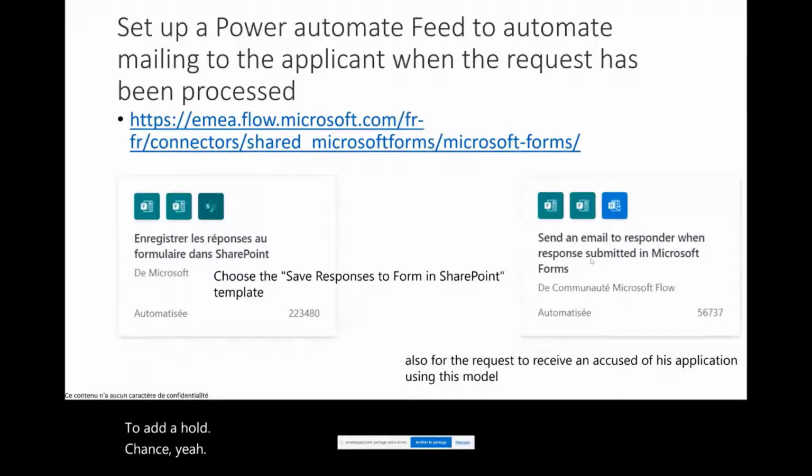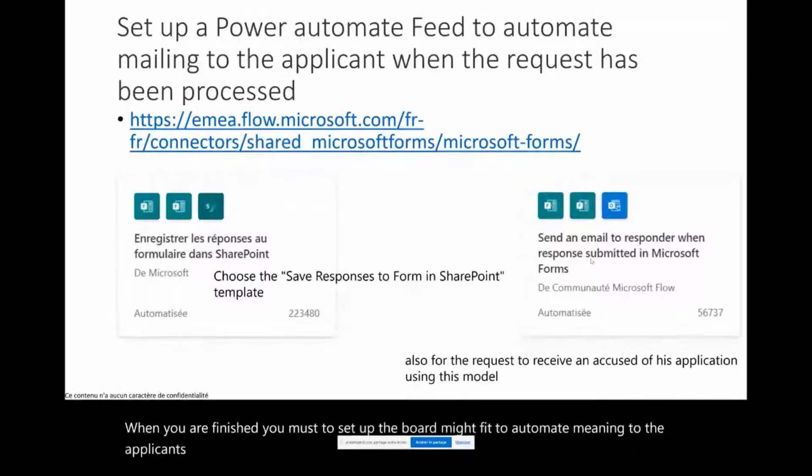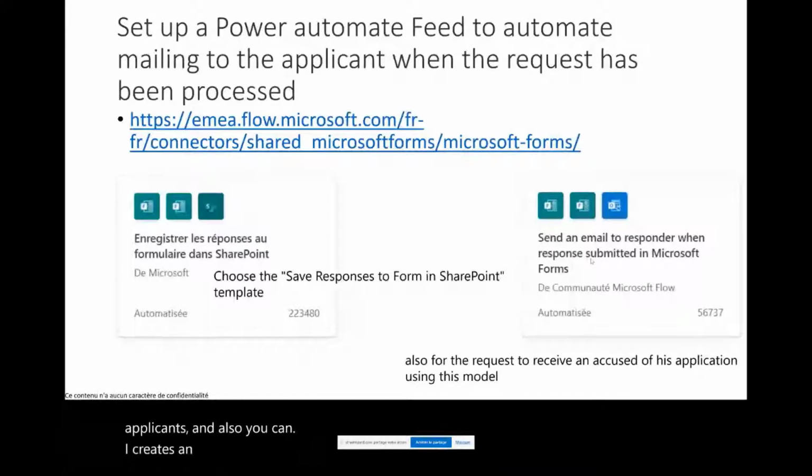When you have finished, you must set up the Power Automate flow to automate mailing to the applicants, and you can also create another Power Automate flow to register all the responses of the forms in this SharePoint list.